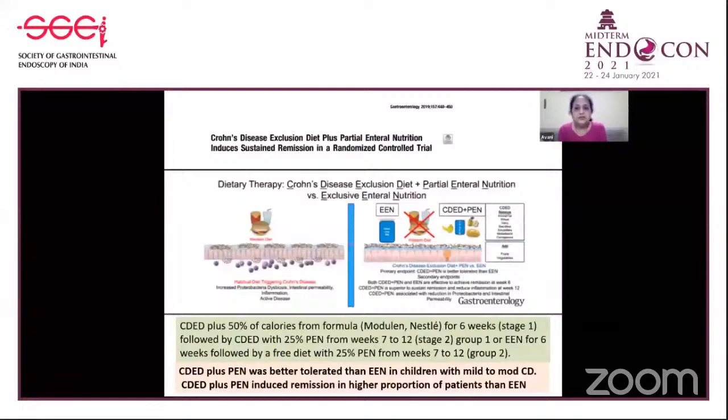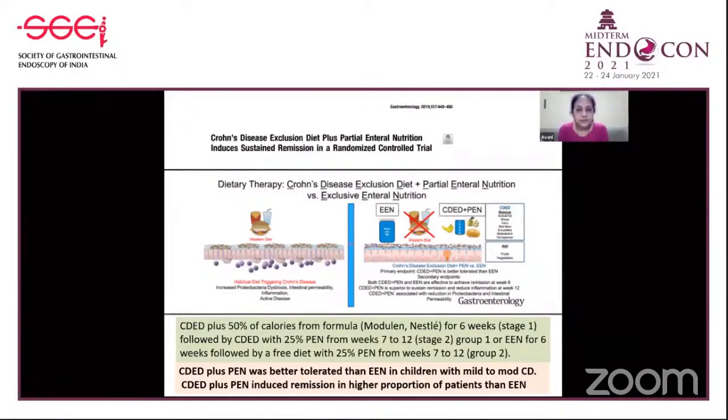So recently, in 2019 and 2020, we have seen that the Crohn's disease exclusion diet has come up, which is basically a recognition that in our diet, there are certain food items which are pro-inflammatory and have an inflammatory phenotype, whereas there are certain other food items which are anti-inflammatory. I can't go into the detail, but there's a lot of work being done in this in the last couple of years. And a recent study has shown that if you gave the patients a Crohn's disease exclusion diet